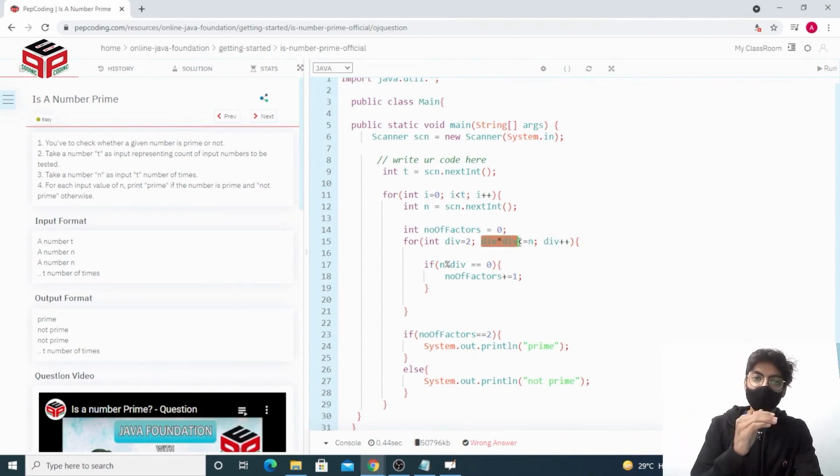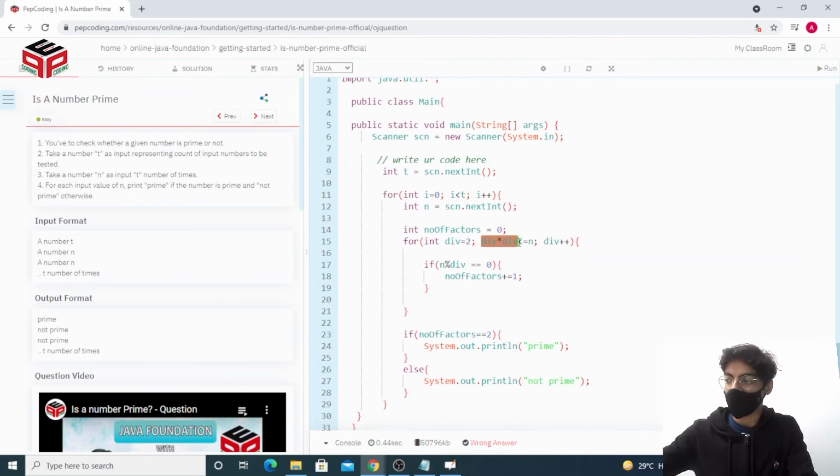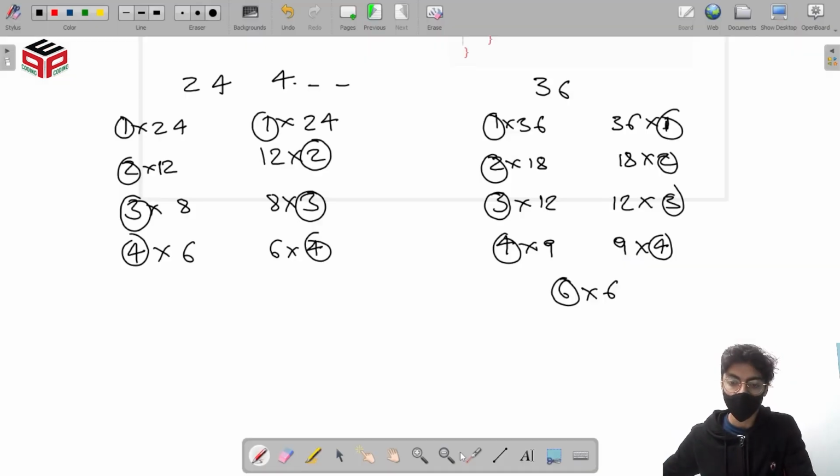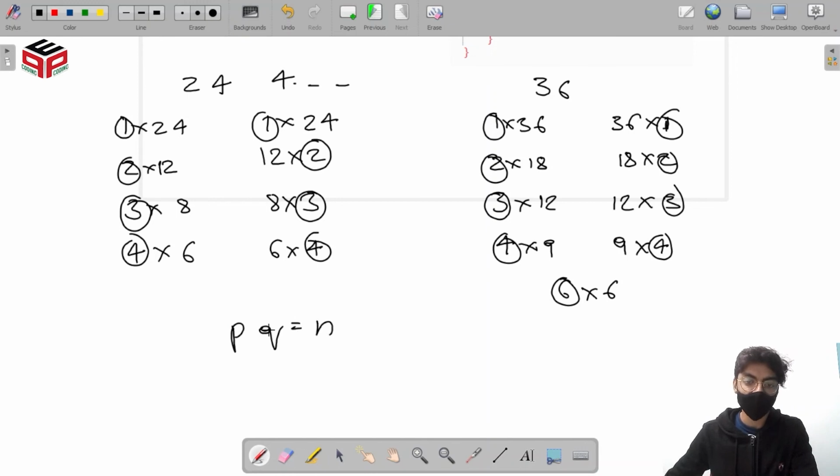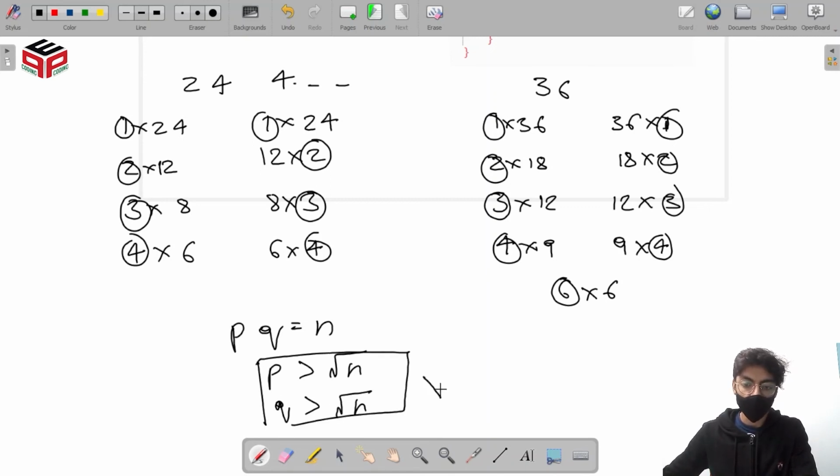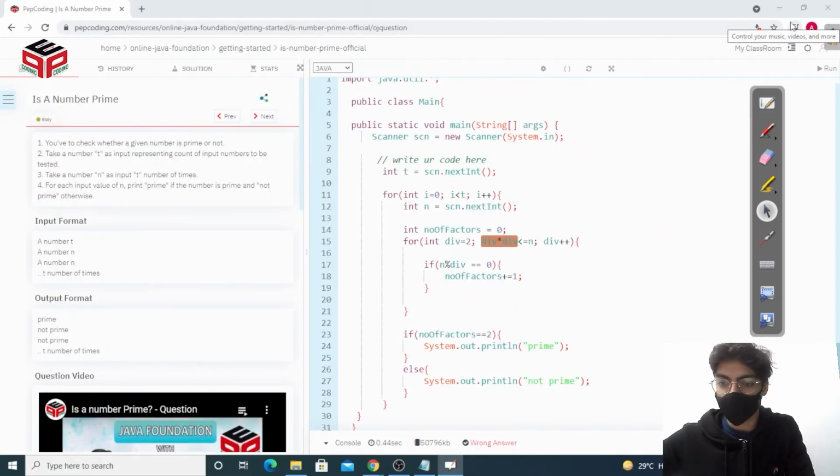That means that div is less than equal to square root of n. And in one case, say we have a number pq is equal to n. These are the factors p and q. At one point in time, either p will be greater than root of n or q will be greater than root of n. Both of them can't be greater than root of n at the same time. So this is the concept that we're using basically, right? Just writing it in a generic way.